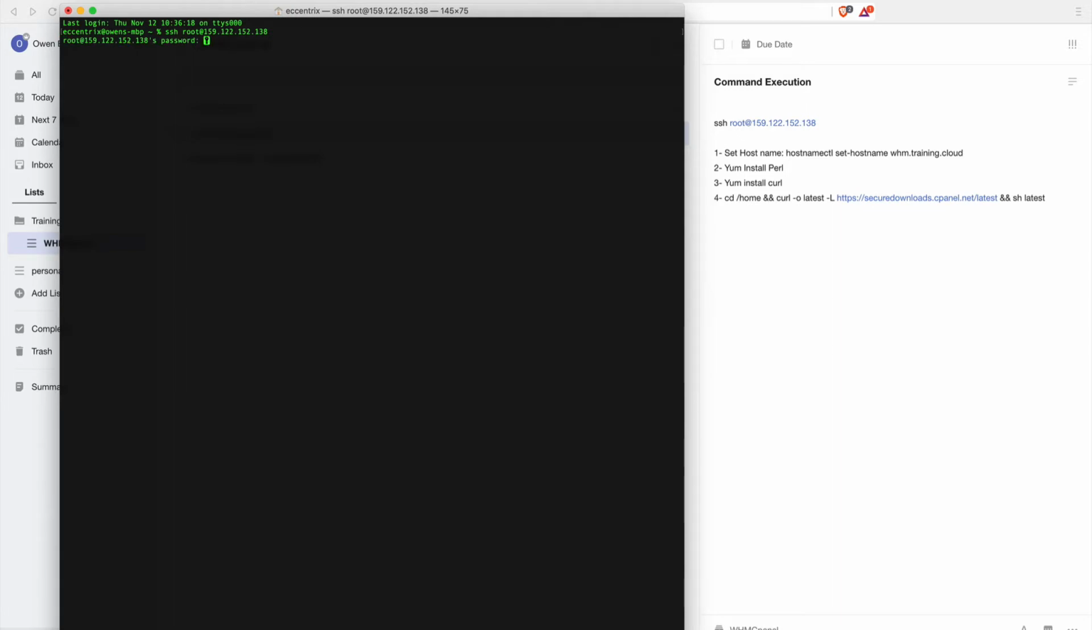Okay, so it has now asked me for a password. I put in the password, and now we are logged into the machine. You see that I put in quite a few commands. These are just the steps, the 4 steps for you to deploy